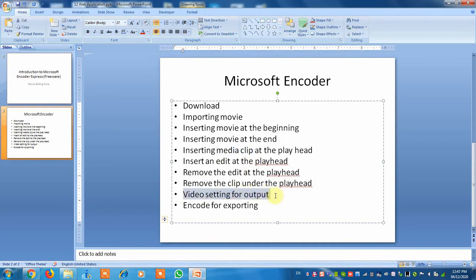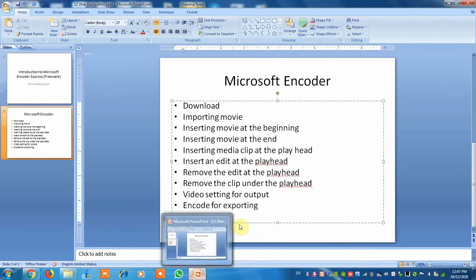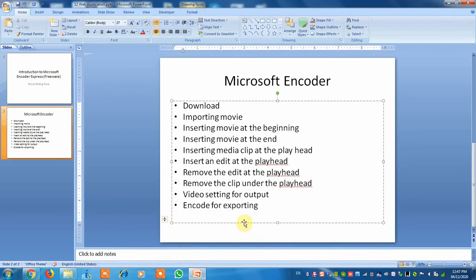And at last we have to set the video setting for the output. That means what is the resolution for our movie after finishing the editing. And at last we have to encode for exporting. Encode is the word used for exporting the movie. So when our work is done, we have to export our movie so that it can be converted into MP4 or WMV or AVI format, so that it can be played directly in a movie